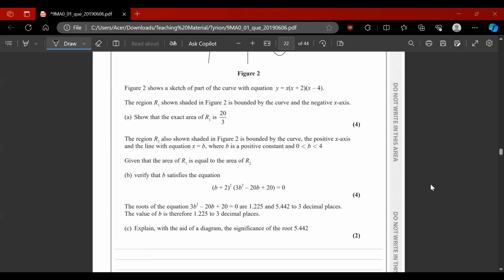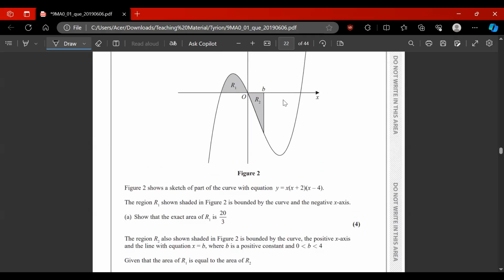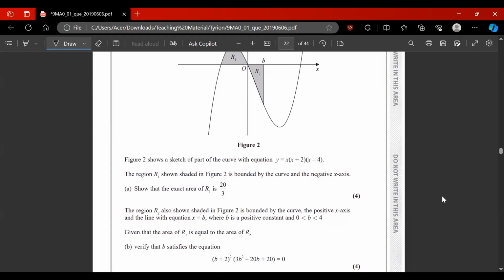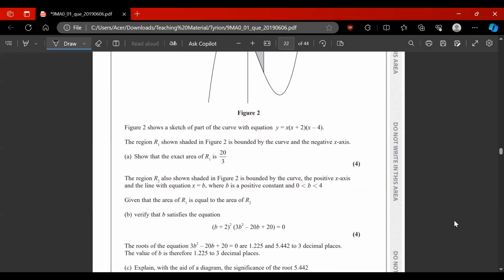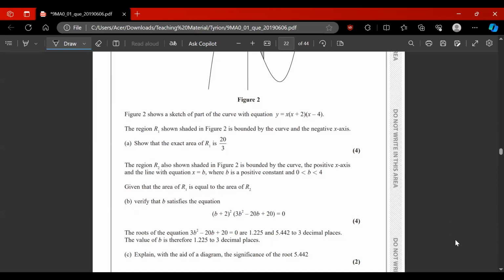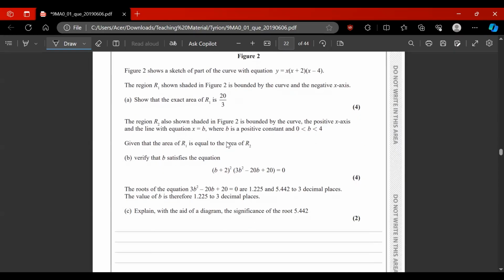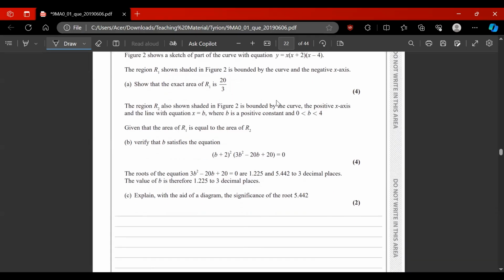In part B of this question, the region R2 is also shown shaded in figure 2, bounded by the curve, the positive x-axis, and the line with the equation x equals b. You can see its interval is from 0 to b on the x-axis, where b is a positive constant and the value of b is between 0 and 4. Given that the area of R1 is equal to the area of R2, verify that b satisfies the equation given here. For this, we need to equate the given area, which we got previously as 20 over